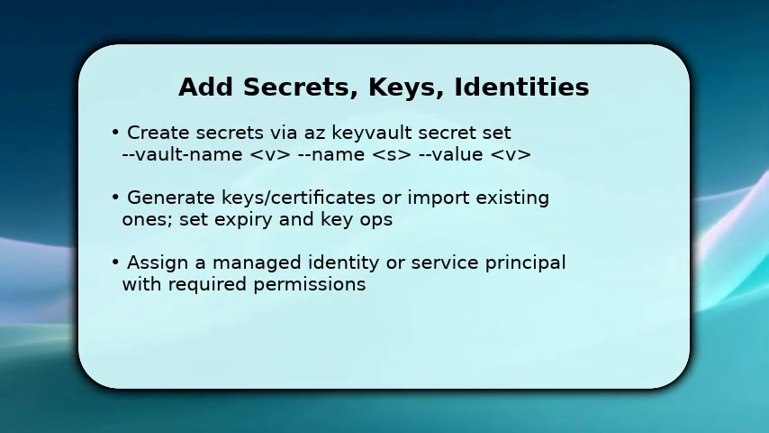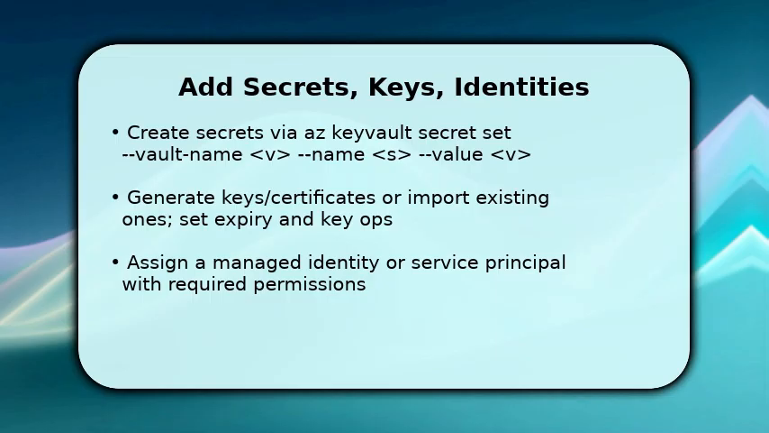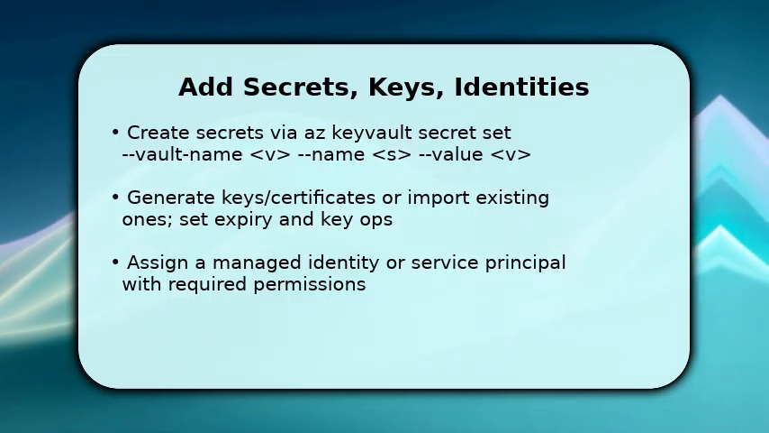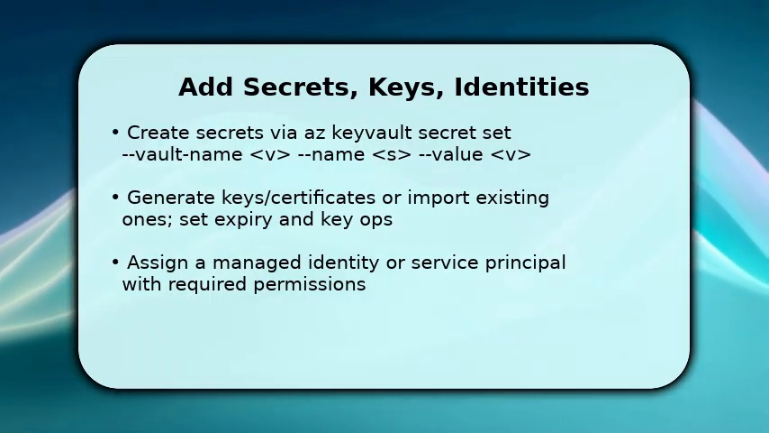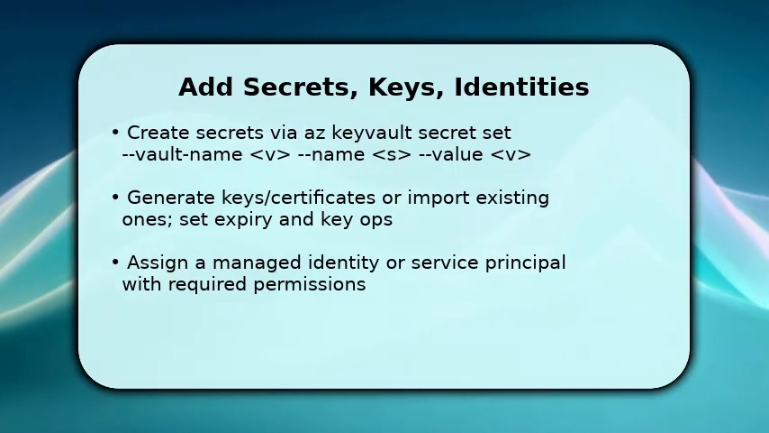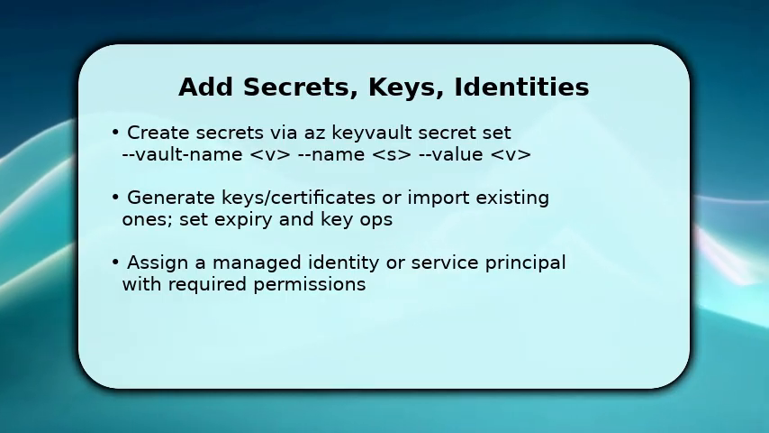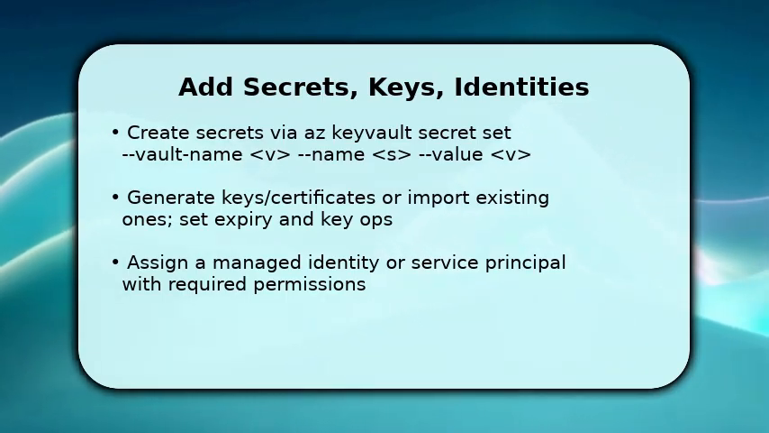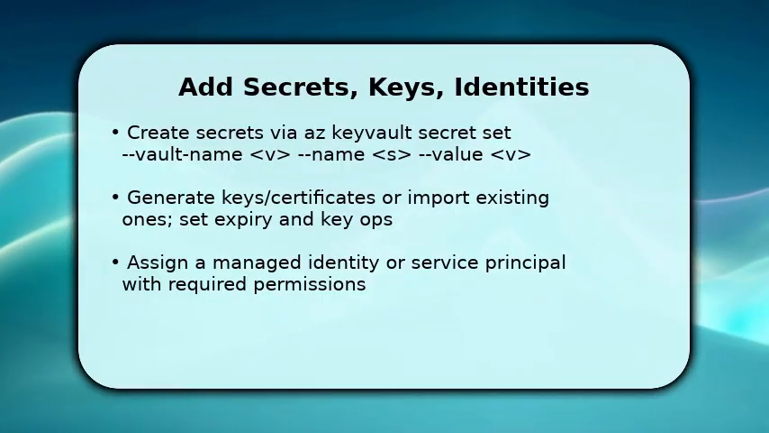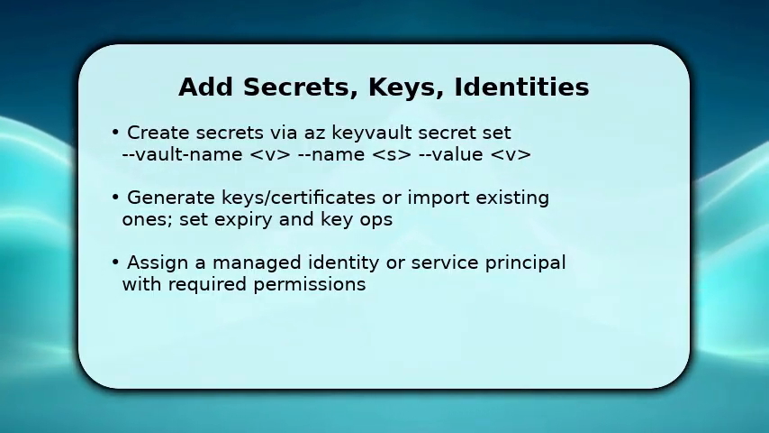Next, populate the vault with what your applications need. You can add secrets with Azure Key Vault secret set, generate keys for signing, or import certificates for TLS. Carefully define expiration and key operations so usage is limited to intended actions. Then, assign a managed identity to your VM or app service and grant it only the permissions required. This avoids client secrets. Finally, integrate with your app using the Azure SDK or environment-backed token authentication for secure, seamless